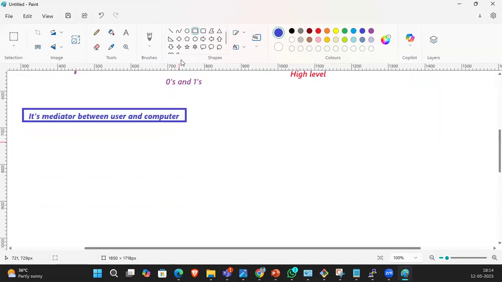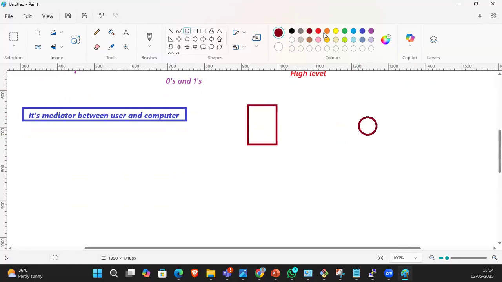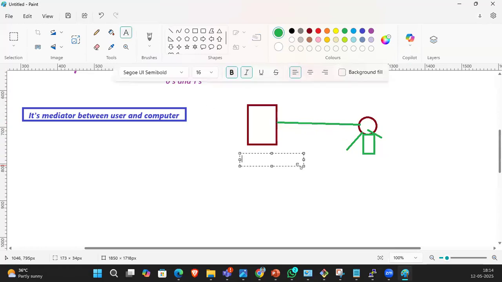Which mobiles are you using, guys? Oppo, OnePlus, Samsung, iPhone. For example, this is a OnePlus hardware, and this is you.